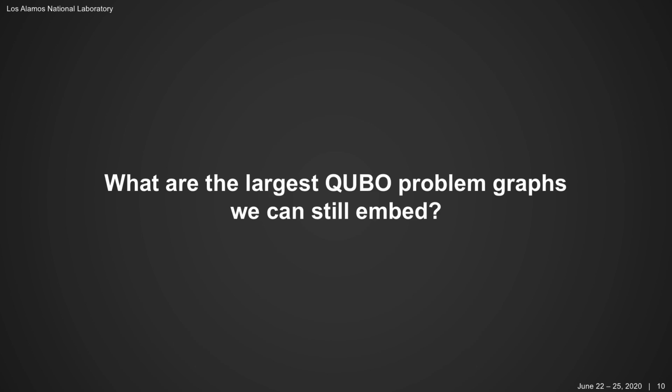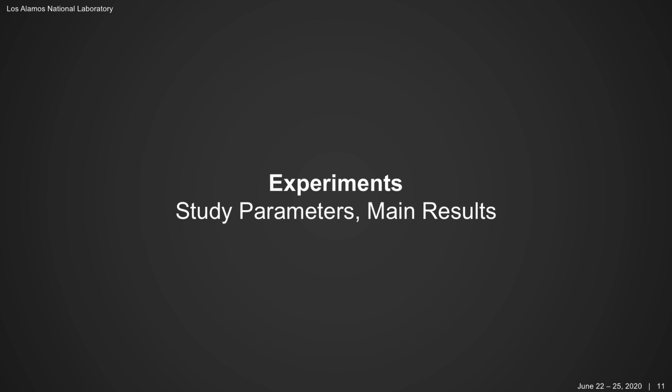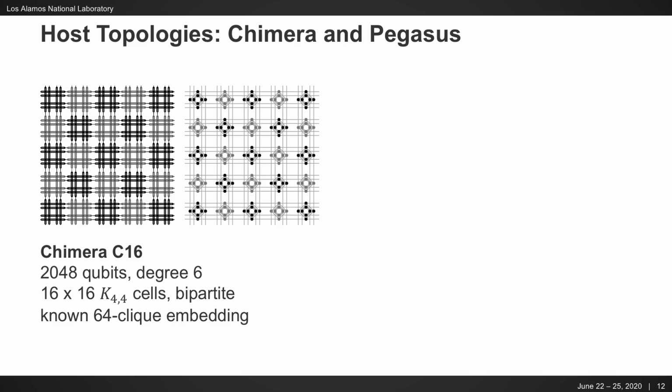So the question is really, what are the largest QUBO problem graphs we can still embed, both in terms of the number of nodes as well as in terms of edge density. And we ran large-scale experiments with a few 100,000 data points, and I will show you the study parameters of these experiments next. So first we have our two host topologies, the currently available Chimera, which consists of axis parallel